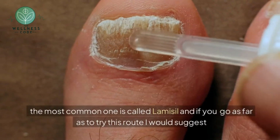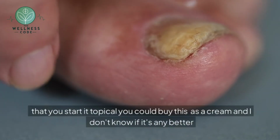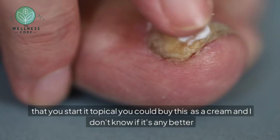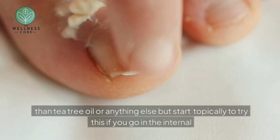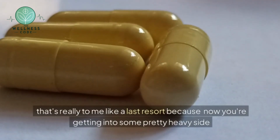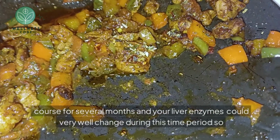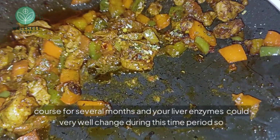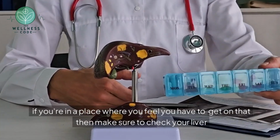And then there is also medication, and one of the most common ones is called Lamisil, and if you go as far as to try this route, I would suggest that you start topical. You could buy this as a cream, and I don't know if it's any better than tea tree oil or anything else, but start topically to try this. If you go internal, that's really to me like a last resort, because now you're getting into some pretty heavy side effects, and this internal Lamisil is really harsh on your liver. Typically they'll prescribe a course for several months, and your liver enzymes could very well change during this time period. So if you're in a place where you feel you have to get on that, then make sure to check